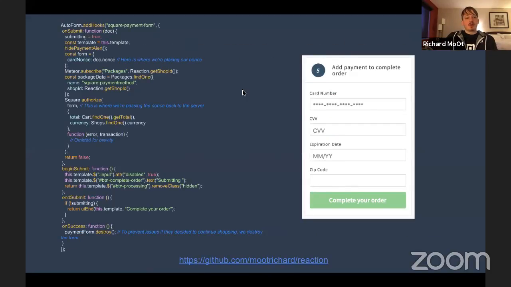The main part that I was working on was getting everything to work within how Reaction works, and I also want to preface that this was Reaction 1.6 approximately. So things might be a little bit different, but my main idea behind what I was building was trying to fall in line with how forms were already structured within Reaction Commerce. So the main part was making sure that I was using these auto form hooks to do the process.